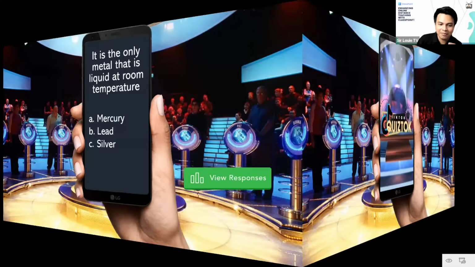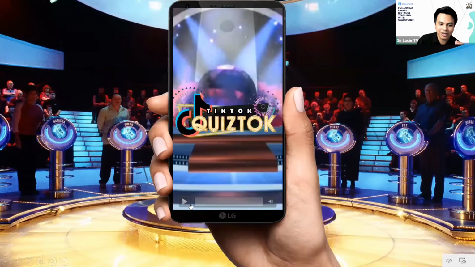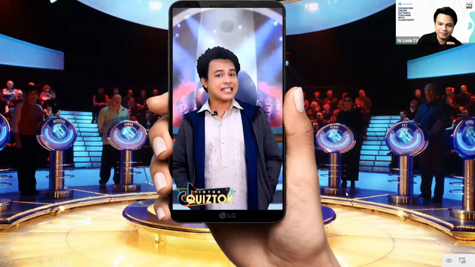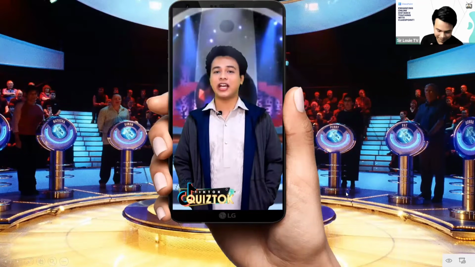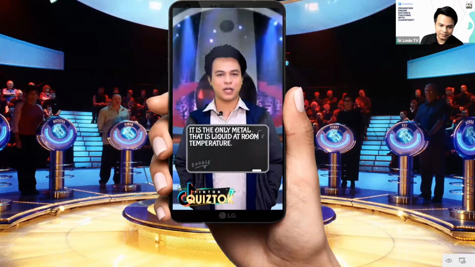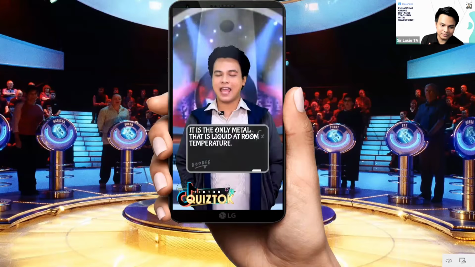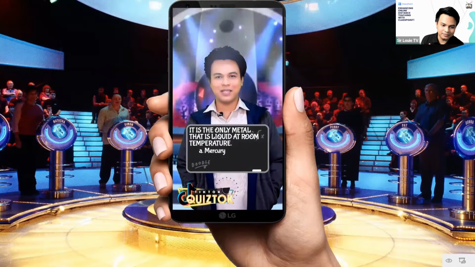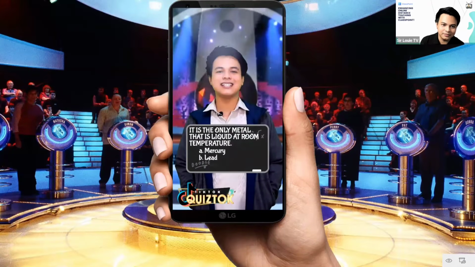So syempre, kailangan meron din tayong explanation sa ating mga estudyante. Ayan. Last time ay iniwan ko itong question na ito. It is the only metal that is liquid at room temperature. A. Mercury, B. Lead, C. Silver. Named after the Roman god of